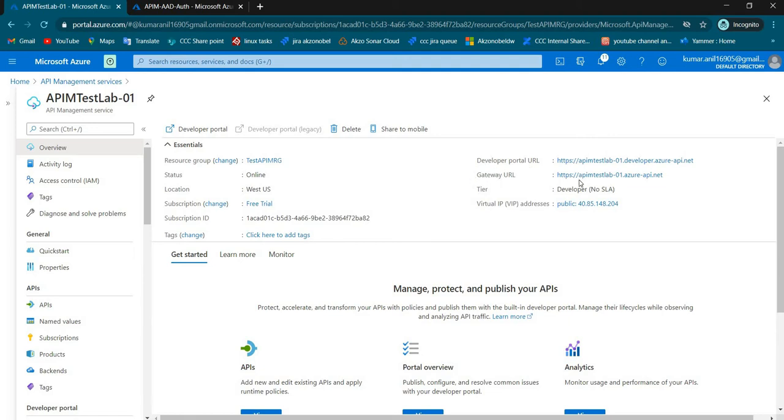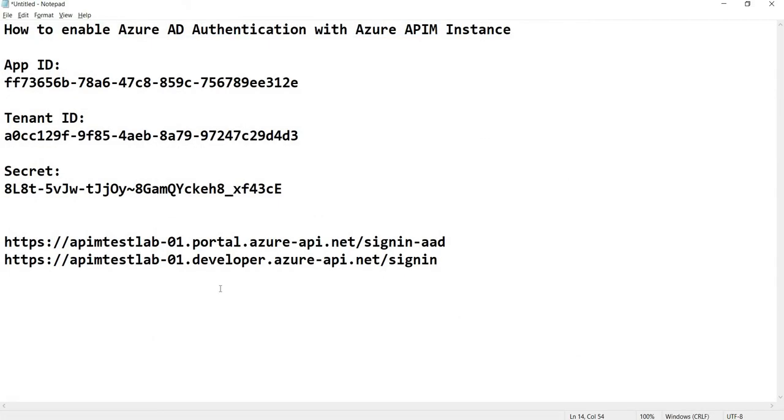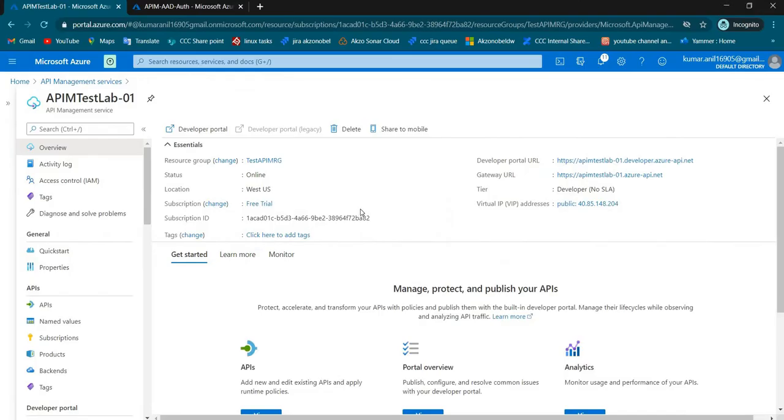You can see the first prefix is our API instance name, then dot developer. If it is a developer portal, you will see developer. If it is a legacy portal, you can see the URL contains portal. This is the only difference, and the suffix will be azure-api.net. This is a default